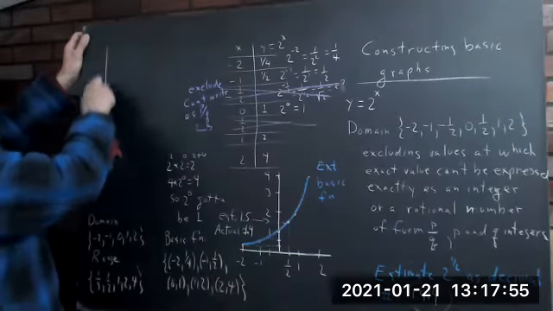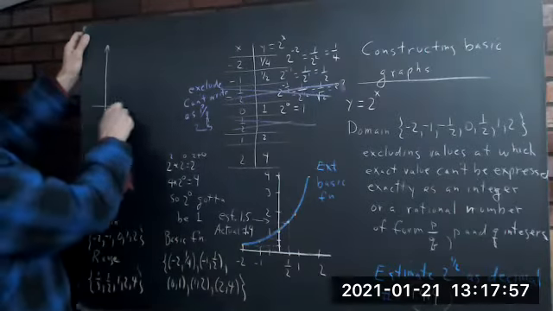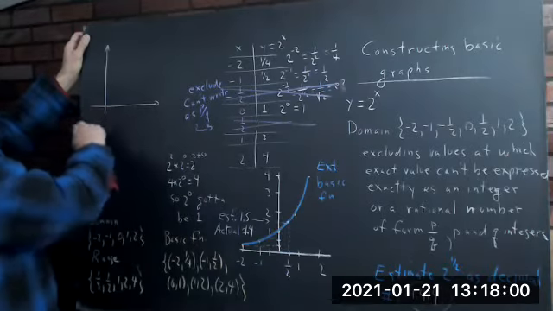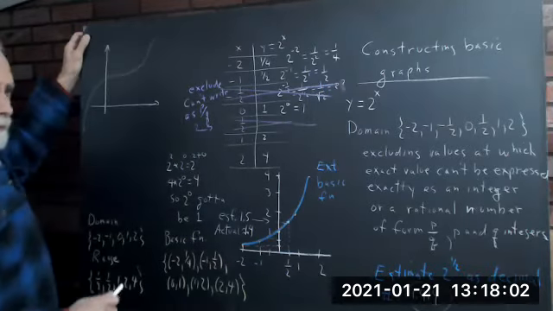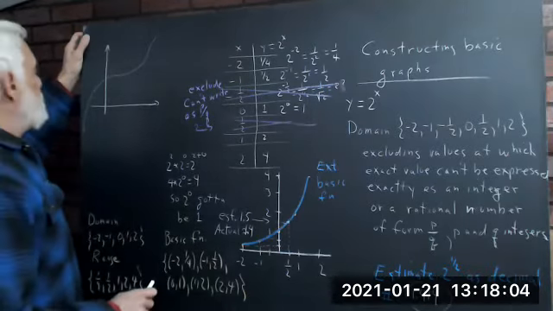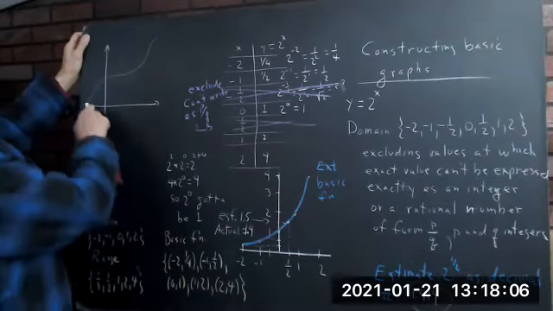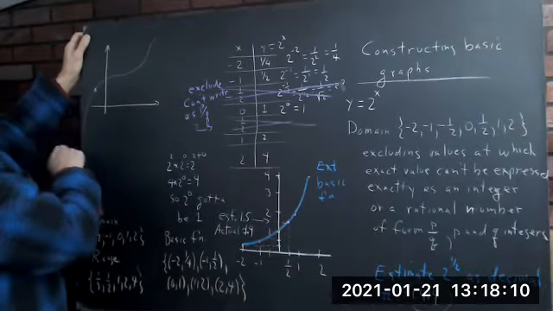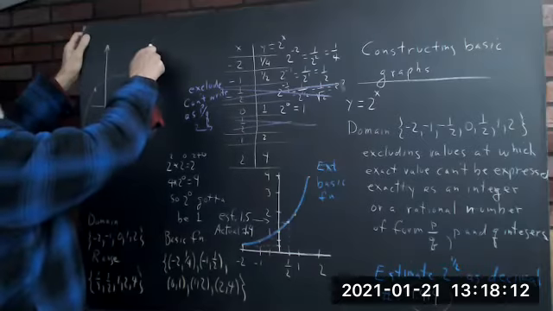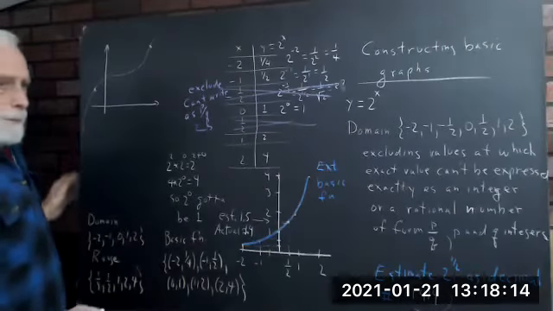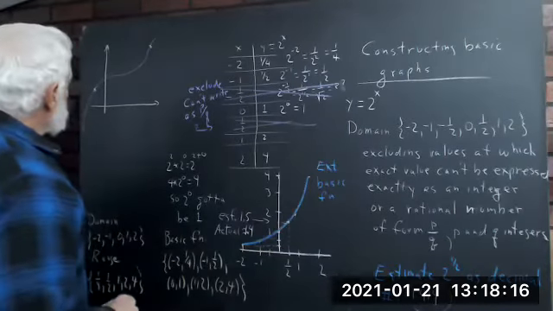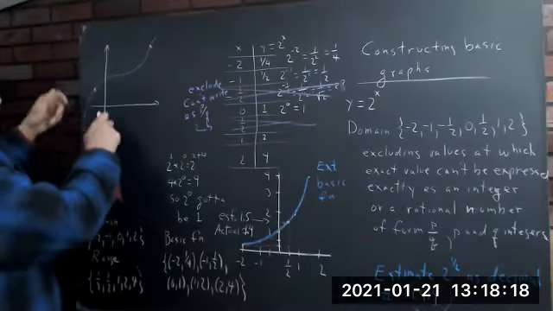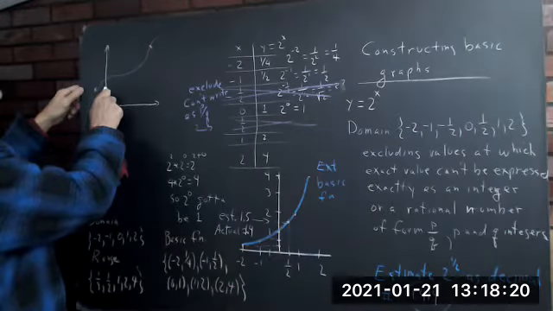So let's do this. Let's say we have 2 points on a graph. We've got a graph of some function, not one of our basic functions, but here it is. And we've got 2 points in this graph. Let's say this point and this point. Okay, now if I estimate the y value for this point,